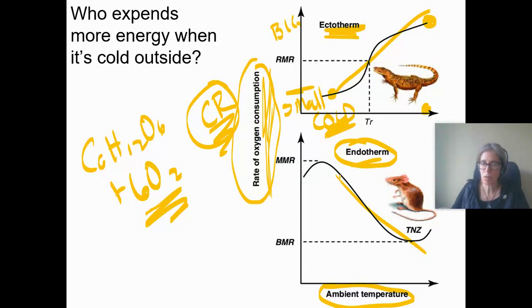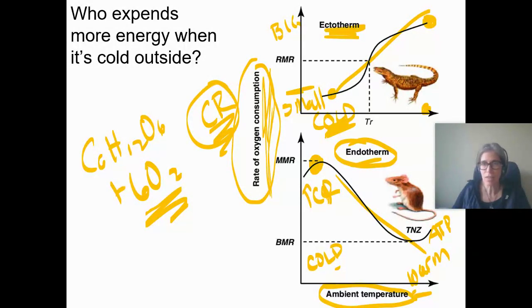What's happening with an endotherm is when it's warm outside, right? This is the outside. When it's warm outside, they only need to do enough cellular respiration to make ATP, right? So they have to meet their ATP demands, enough ATP to move sodium across their membranes, enough ATP to contract their muscles, stuff like that. But that's really all they need to do. But when it's cold outside, they've also got to be making enough of a proton gradient to allow that to go through the uncoupling protein to generate heat. So they have to do way, way more cellular respiration when it's cold